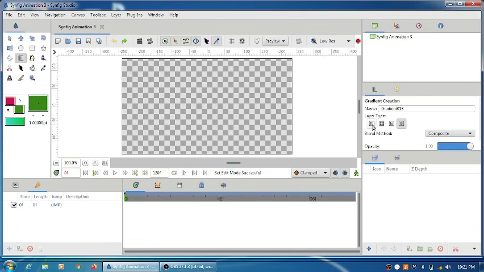Select the gradient tool and select the linear gradient layer type.